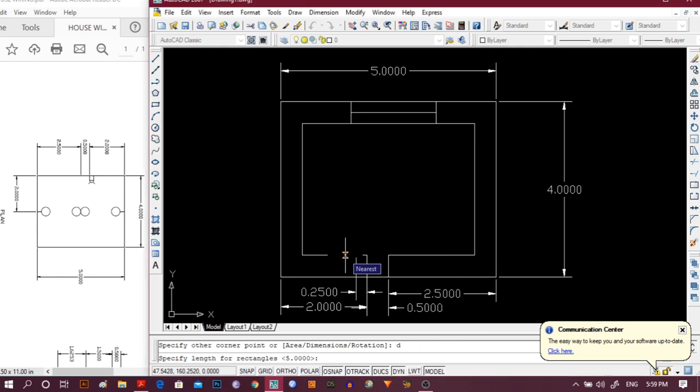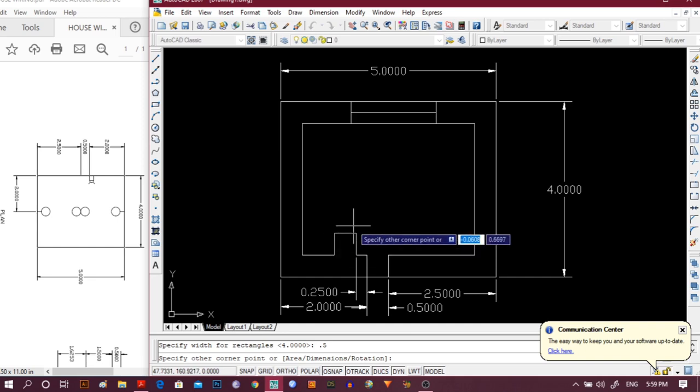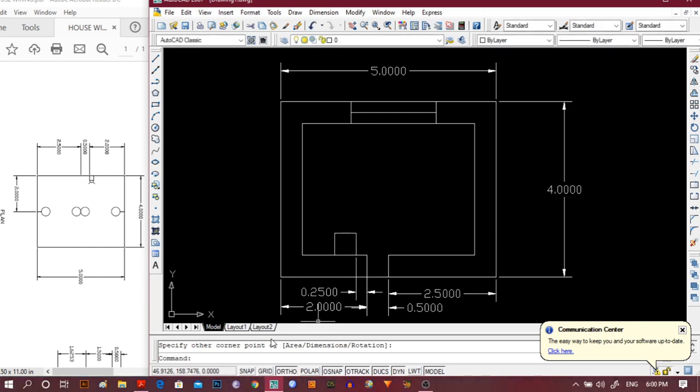Now specify the length of the rectangle. Say I am considering it as 0.5, enter. Now I have to specify the width of the rectangle, say 0.5, enter. So we get a rectangle here.